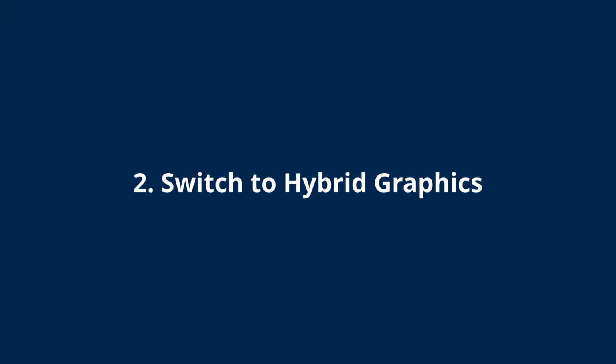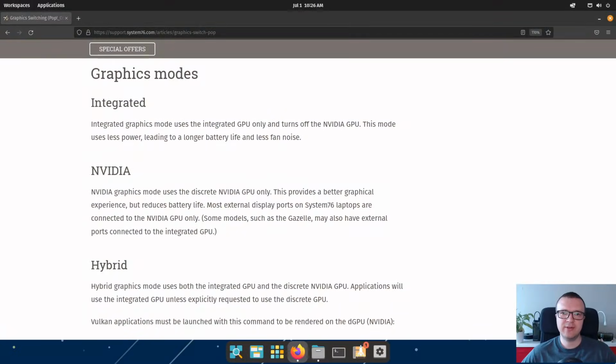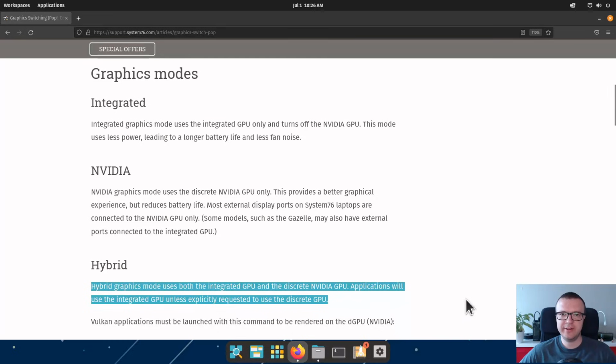Switch to the hybrid graphics. One of the strongest sides of Pop! OS is its hardware support, and in particular graphics card support. If you use hybrid graphics, for example you have integrated Intel graphics and discrete NVIDIA graphics, you can use these graphics separately. For example, you can choose just integrated graphics, or you can choose the NVIDIA graphics. But Pop! OS also provides an option to use hybrid graphics.